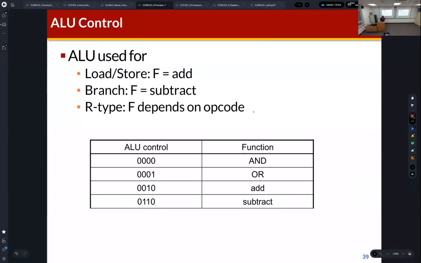So I mentioned that the ALU performs Y equals F(A, B), where A and B are two inputs, and we can define the function of the ALU using the ALU control signal. Then Y is the output of the ALU. In the textbook, we assume that this RISC-V supports load word, store word, and then add, sub, and,